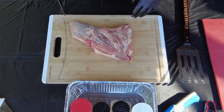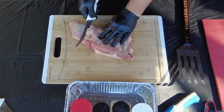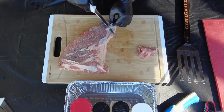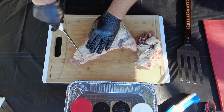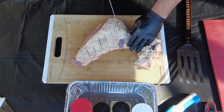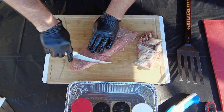First things first, you're definitely going to need a sharp knife. Going to want to get rid of some of this fat. Just start trimming it up. Get rid of some of this silver skin. Also, what I'll do is I'll score it a little bit just so I can get the seasonings down into the meat a little bit. Once it's trimmed to your liking,